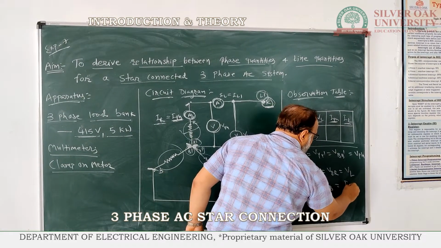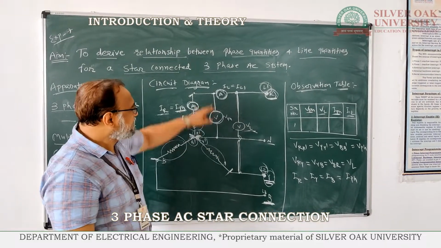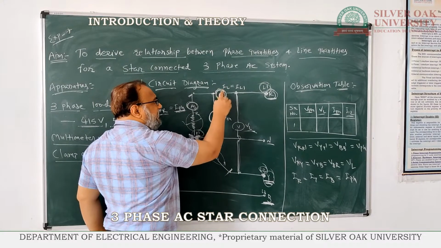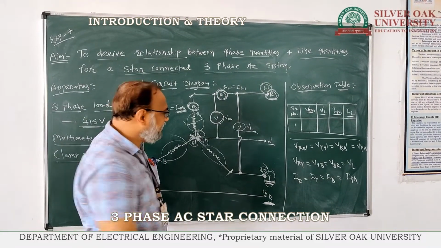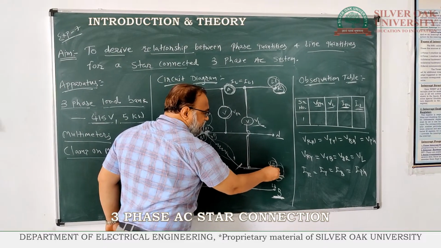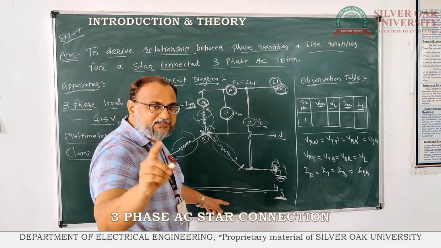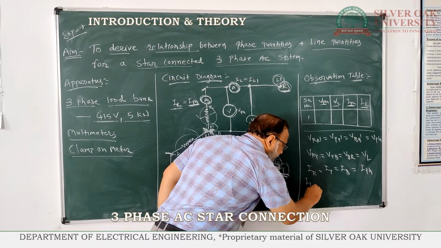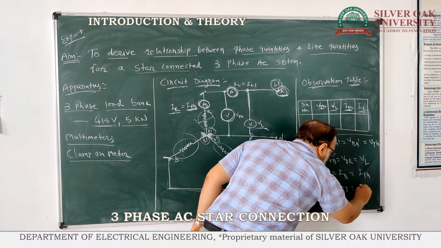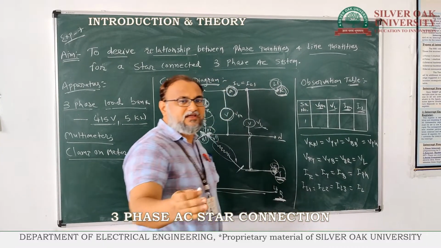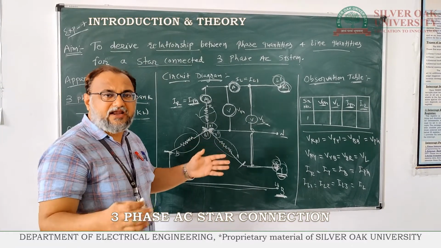All these three currents are equal and they are known as the phase current. Similarly, as I have connected one ammeter in line L1, I could have connected another ammeter in series with line 2 and in series with line 3. If I had made connections like that, I would measure the currents IL1, IL2 and IL3, and all these three line currents are equal in magnitude. So this is basically the connection of star.